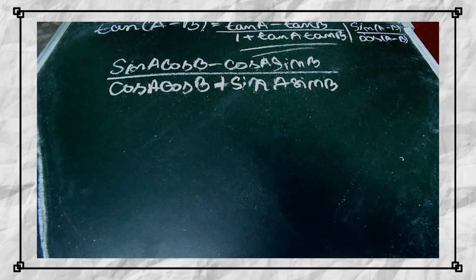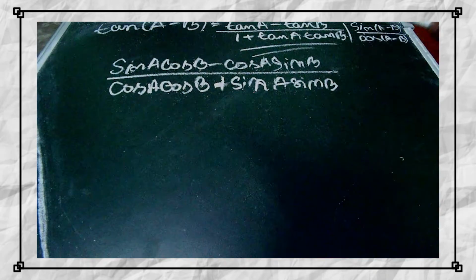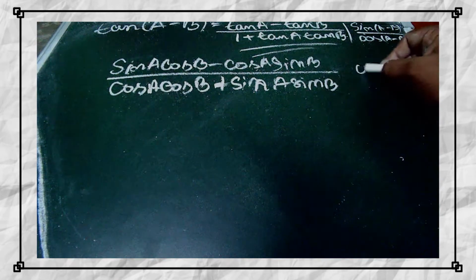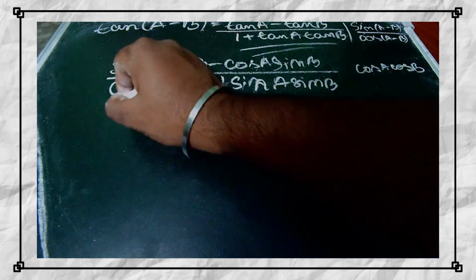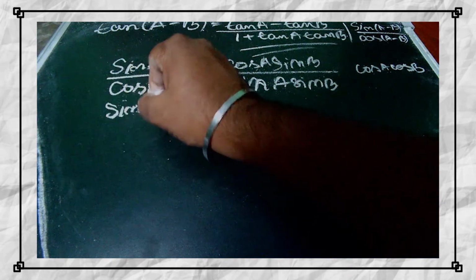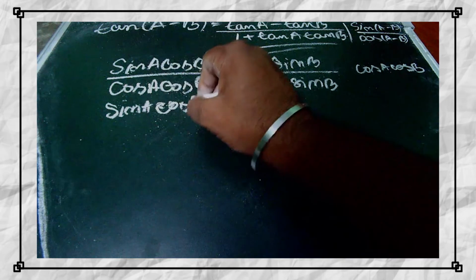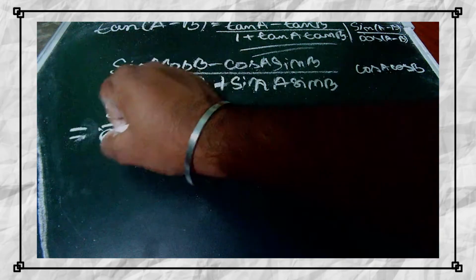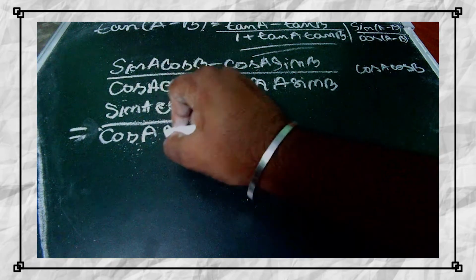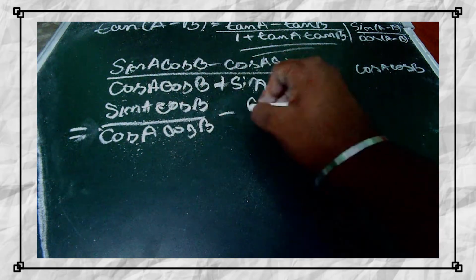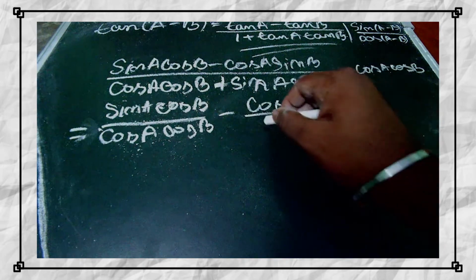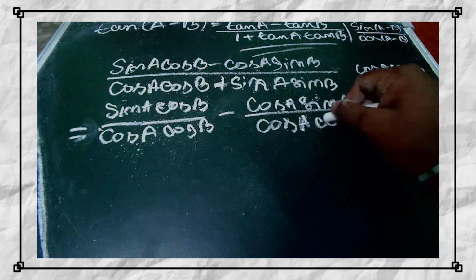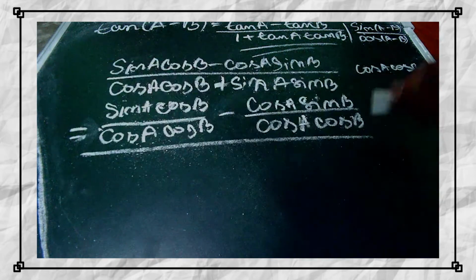Just like the previous derivation, we will divide both numerator and denominator by cos a cos b, which will give sin a cos b divided by cos a cos b minus cos a sin b divided by cos a cos b, whole divided by